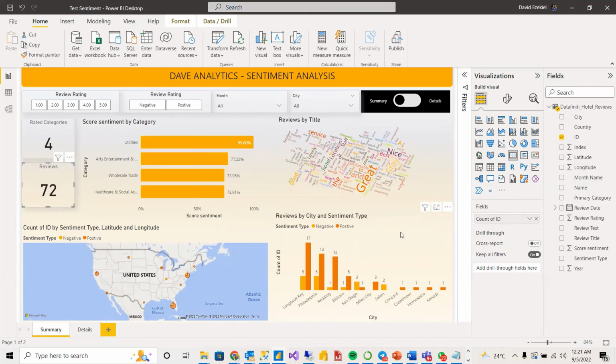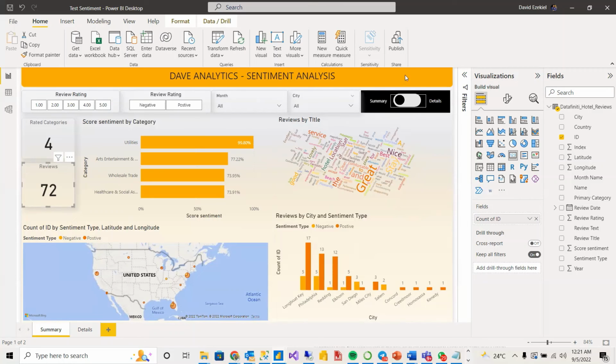So I'm able to look at my sentiment type and the city for each of the sentiment types, whether negative or positive. What is the count of the reviews? Here you have 5 for negative and 17 for positive for this particular city. And just to give more information, so like a breakdown,